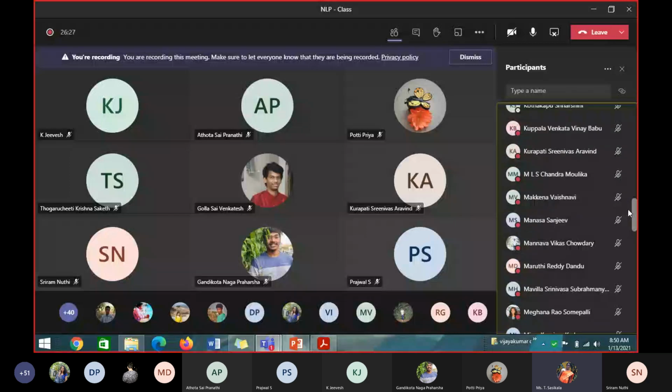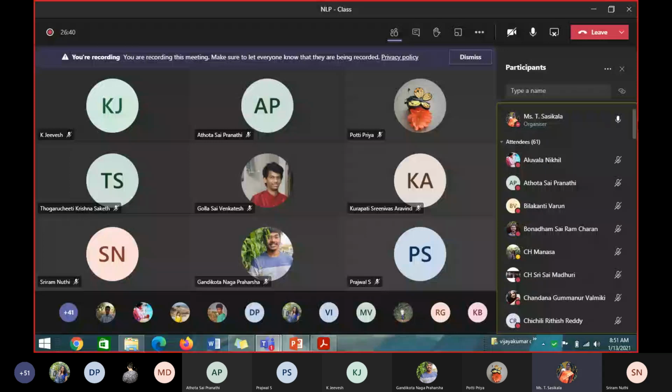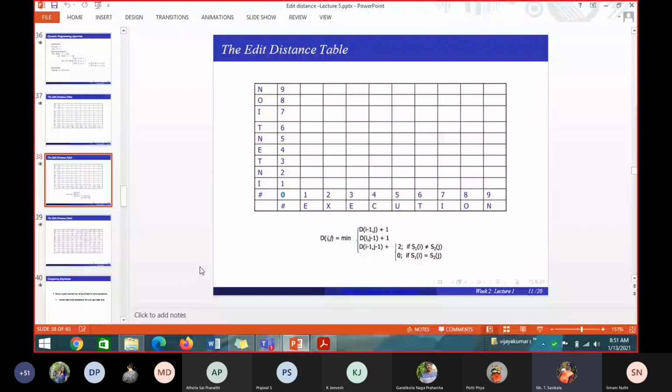Please raise your hands. I'll tell you how to backtrack it. Anybody is still doing, students? Only 60 is there. Okay. Everyone completed, right? You have the table with you, right? Can you all check the table with this table which I have displayed on the screen, whether you are getting the same thing or not? Please check the values.